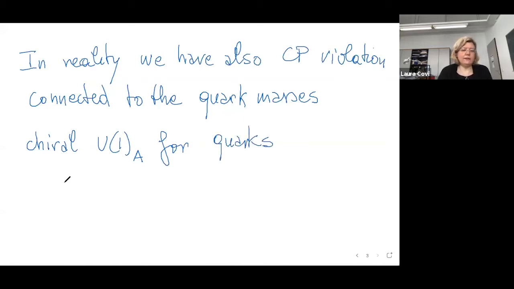So this means that the left-handed quarks and the right-handed quarks would change in the opposite way. So you have a usual transformation which would have a gamma 5. You have an alpha of x in principle. Well, it will be a global symmetry, so let me use a global parameter here. And you would have here a gamma 5 psi. Through a transformation of this type, you can generate the term which I showed you before,